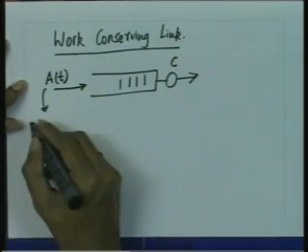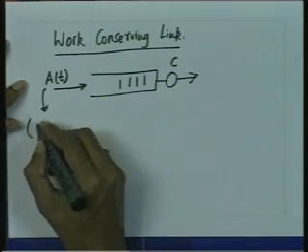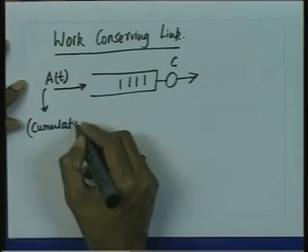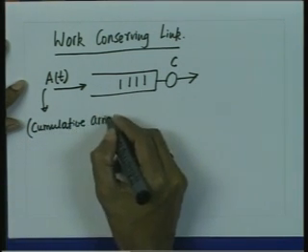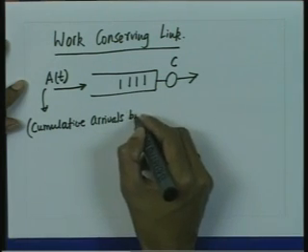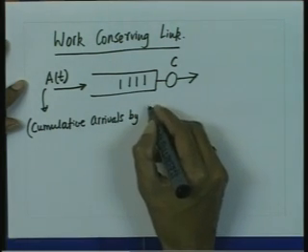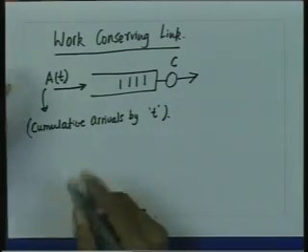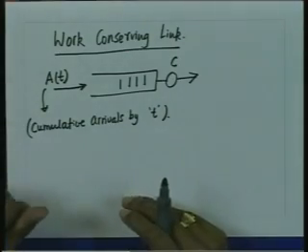So I want to again re-emphasize this, that cumulative arrival by time t. Okay. For this discussion we may assume that the arrivals occur at discrete time instants, let us say 0, 1, 2, 3, 4 and so on. So the arrival process A(t) is essentially a staircase function, right.